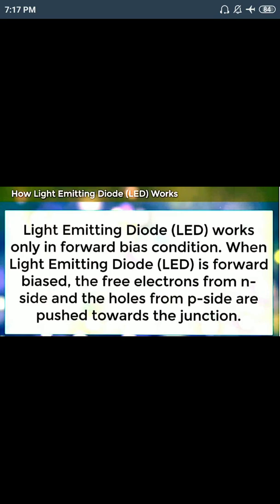One depletion layer will be created in unbiased condition. Forward bias means we apply some external voltage or external potential. P is connected to the battery positive and N is connected to the battery negative. In the P side, holes already exist, but because of this depletion layer, they will not move from P to N or N to P.